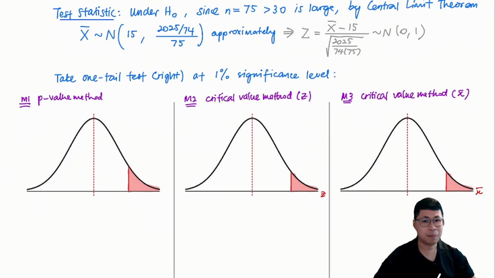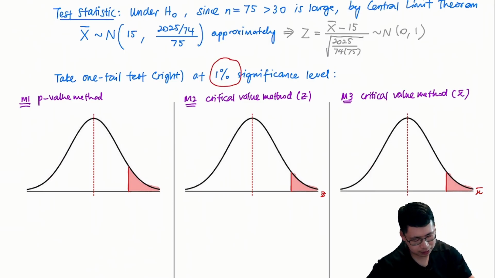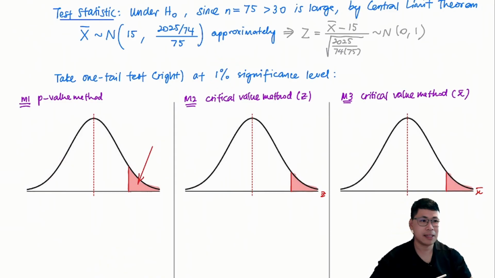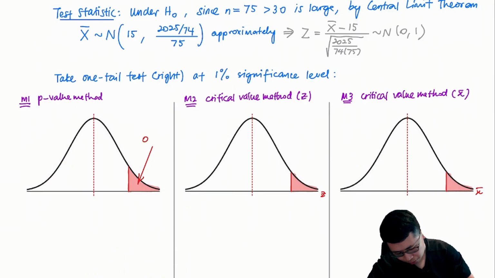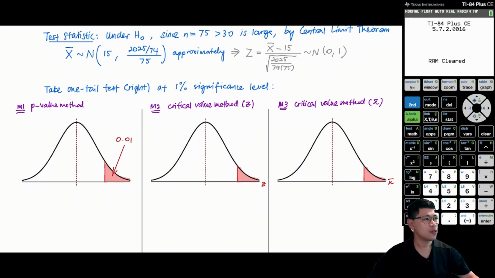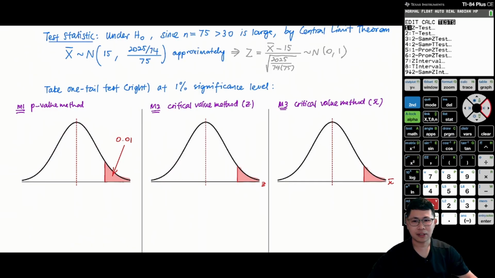I'll start off with the p-value method first. Because we're testing at 1% significance level, and this is at the right hand side, this tells me that this area on the right hand side has a probability of 0.01. For the p-value method, we're going to see how to get this using our calculator. We go to statistics, go to tests, look for z-test,